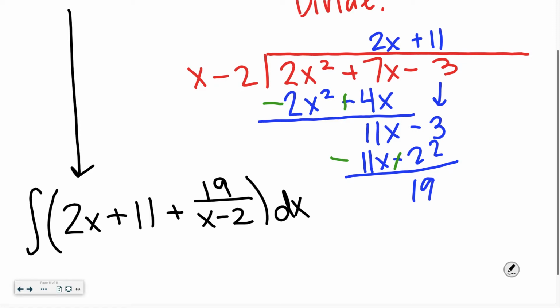What's the antiderivative of 2x? x squared, right? What's the antiderivative of 11? 11x. You're telling me this isn't nice? It doesn't look nicer, but it's nicer for what we're doing. I see. I should have asked that differently. Okay. Plus, this